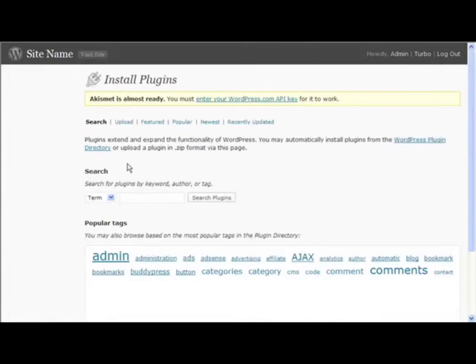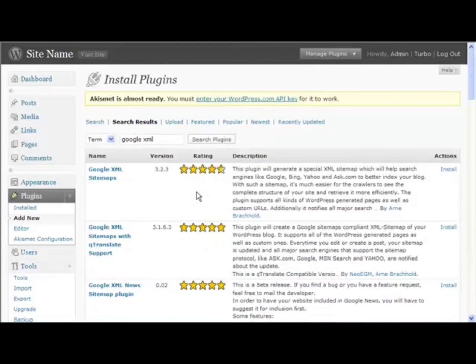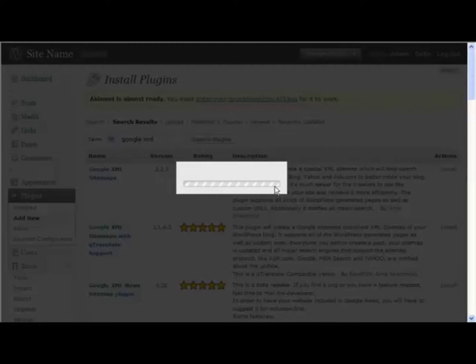So that's very, very important. And the final one that I recommend to use is Google XML sitemaps. There's plenty of others that you could use. There's translation and all sorts that you could use if you wanted to, but it depends on what you're aiming for with your Autoblog. One of the translation tools would be very useful if you're aiming for an international market,